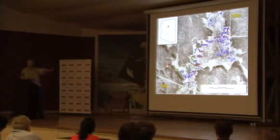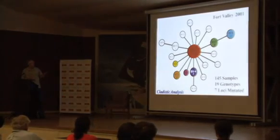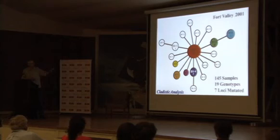So we have this kind of directionality to the outbreak as well as a little bit of real-time data. But of course, what we want to do is, again, go back and look at the phylogenetics. And so after we analyzed the genomes of all these, we came up with this